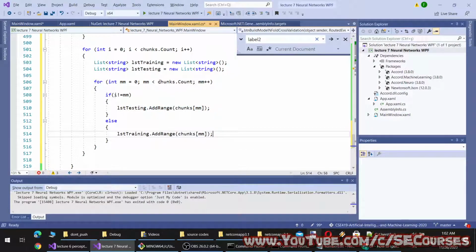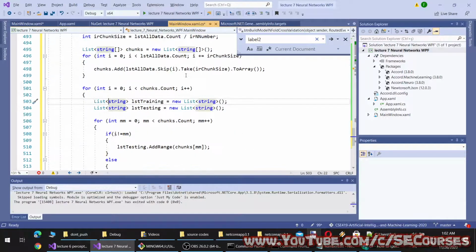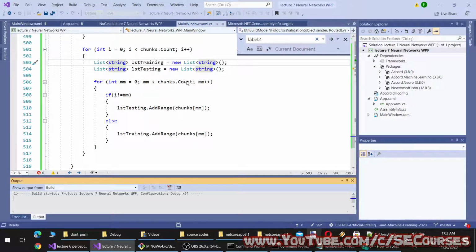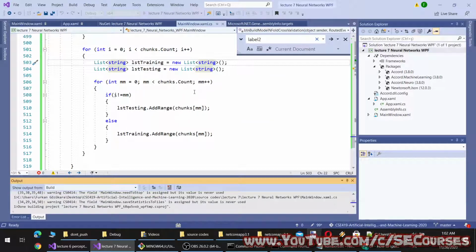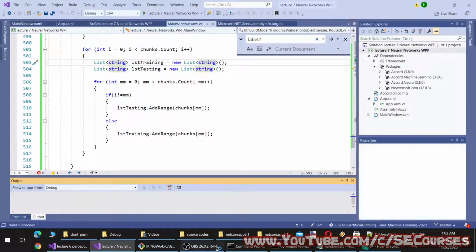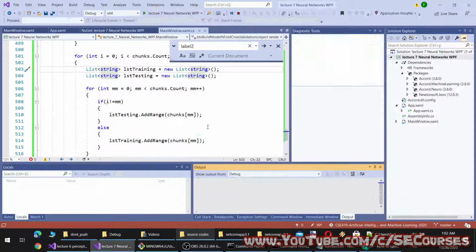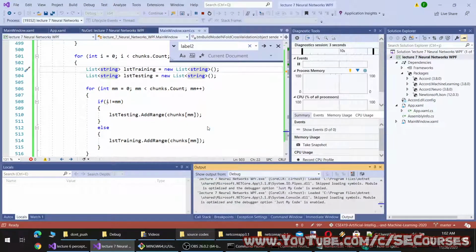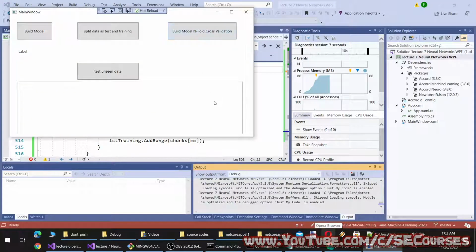So at each loop, one piece will be set for testing and the rest will be set for training. Let me show you what I mean by running. It is so simple actually. If you don't understand it at the first watching, you can watch it again.